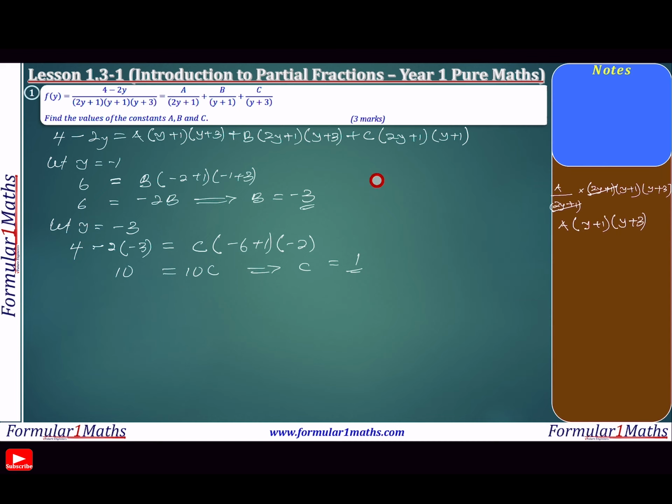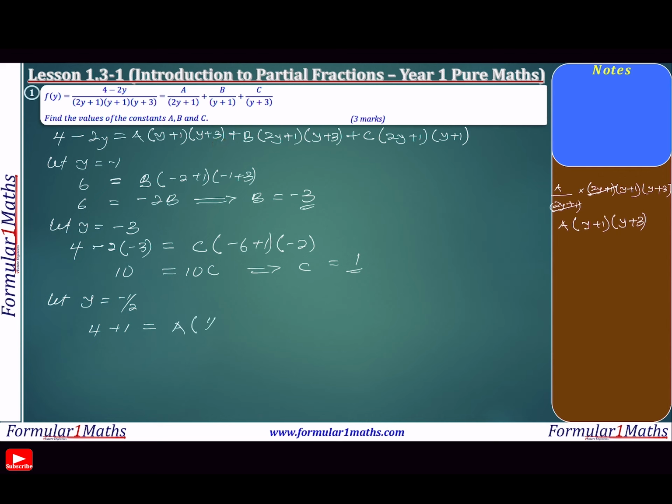Now if I let y equal to minus a half, then I have for the left hand side 4 plus 1, because minus 2 times minus a half is 1. And for the right hand side, this becomes 0 and the whole of that will be eliminated, and this will also become 0 and the whole of this term will be eliminated. So I'll be left with just this term, and that will give me a